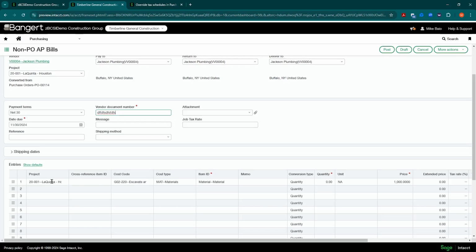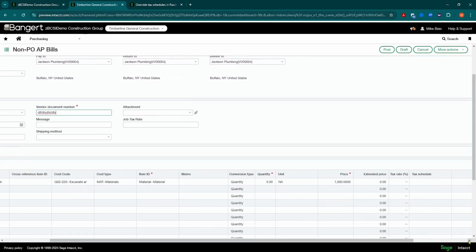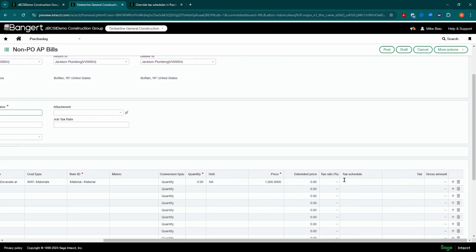But notice what happens. The line item here, there's a new field on your entry screen called tax schedule. Notice it's blank. So in this scenario, something isn't set up correctly to retrieve a tax schedule.